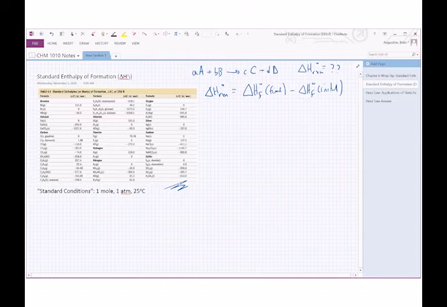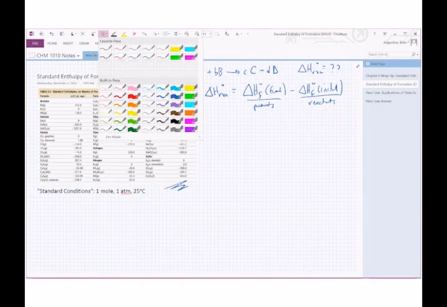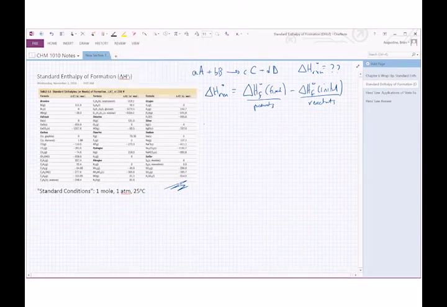Remember, whenever you see a delta, that means final minus initial. So what does that mean in terms of this equation? Final is products and initial is reactants. So we can take any chemical equation that we've written and write down delta H, which we've looked up in these tables, of the products minus delta H of the reactants. Now this equation is not quite correct yet. So let me fill out the last set of details. It's actually the sum of the products. A sum is a capital sigma sign, minus the sum of the reactants,